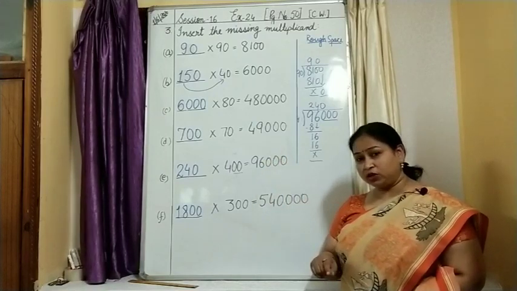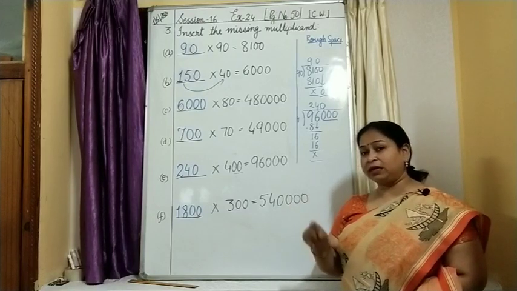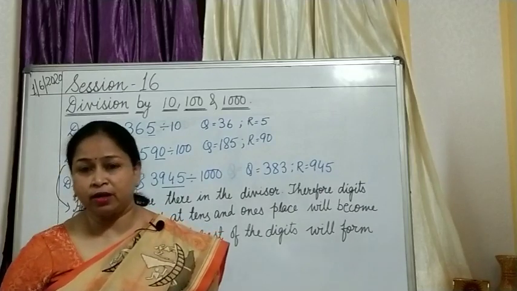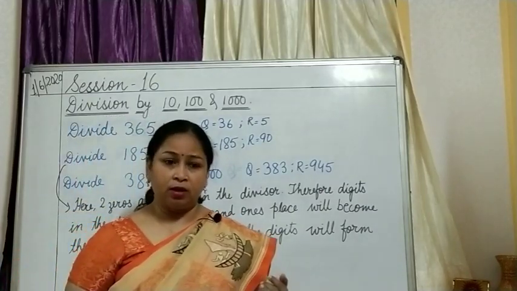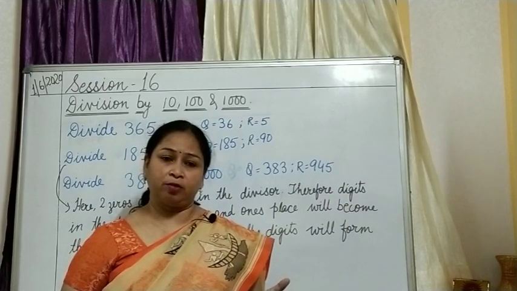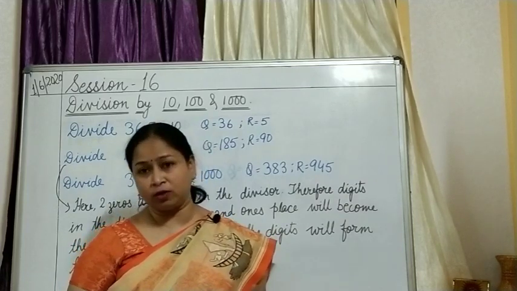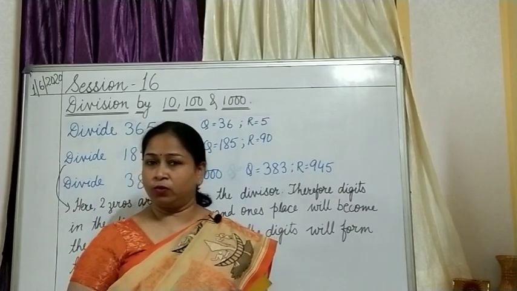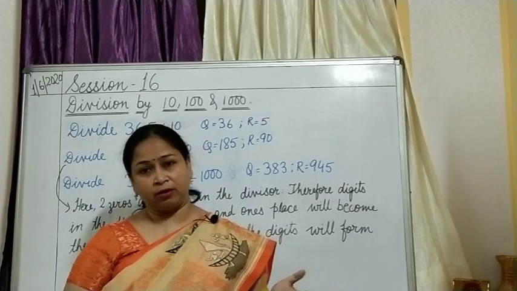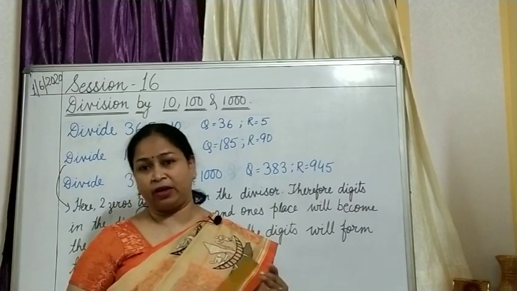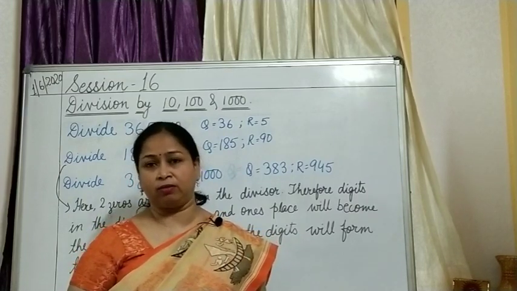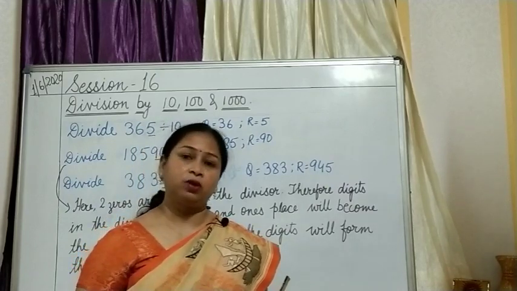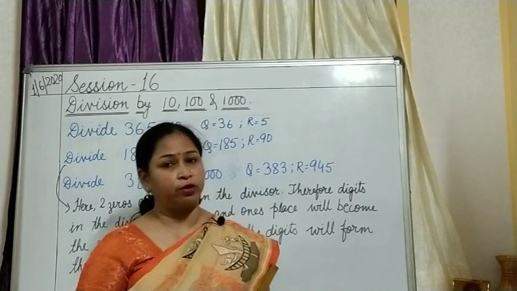Now I am going to teach you the tricks how to divide the numbers by 10, 100 and 1000. Okay. So children, in continuation, just now you have learned that if you are multiplying by multiplier or multiplicand having zeros in it, how we have done that exercise also. If you have questions to divide and there you have to divide the number either by 10, 100 or 1000, or suppose 50, 60 and other numbers, how you will be doing. So one question was left in your exercise 2.5, that we are going to do it today.